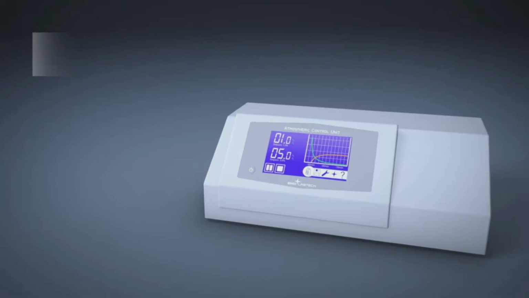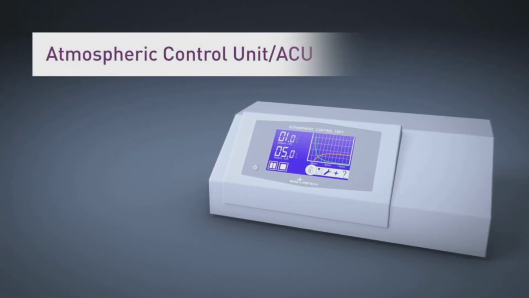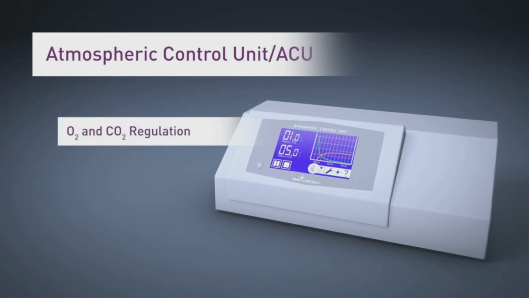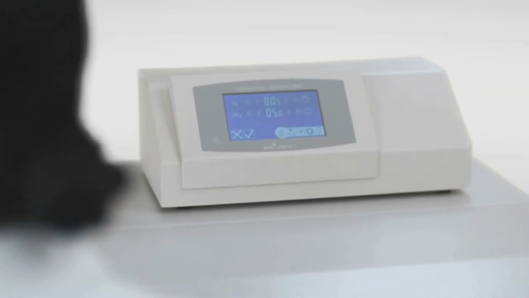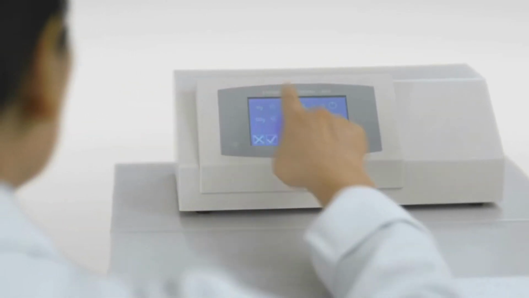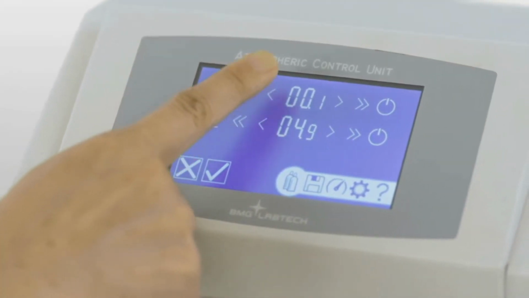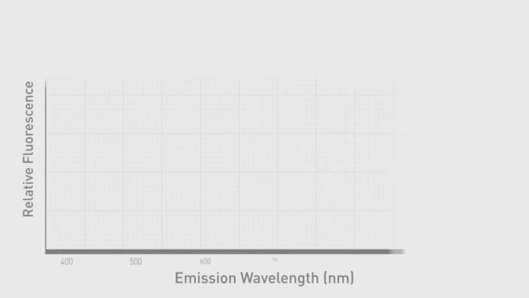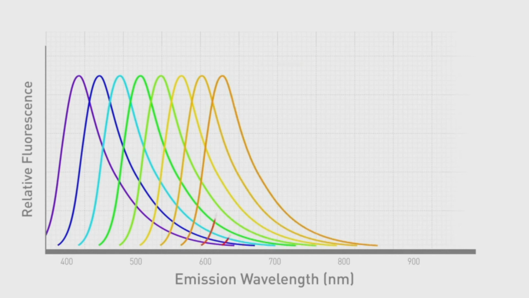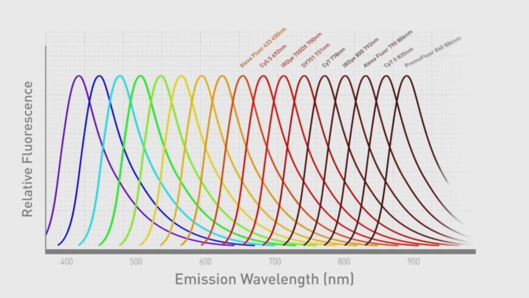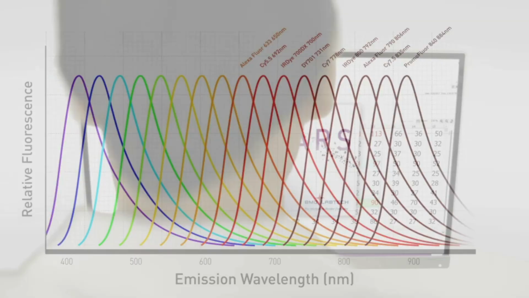signal-to-blank ratio. For cell-based assays, the Clariostar Plus with atmospheric control enables oxygen and CO2 regulation, as well as gas ramping. Hypoxic conditions can be maintained at oxygen concentrations as low as 0.1%. The Clariostar Plus can include both a red-sensitive PMT and a low-noise PMT. In this configuration, far-red fluorescence measurements are possible while maintaining high sensitivity in luminescence and alpha screen tests.